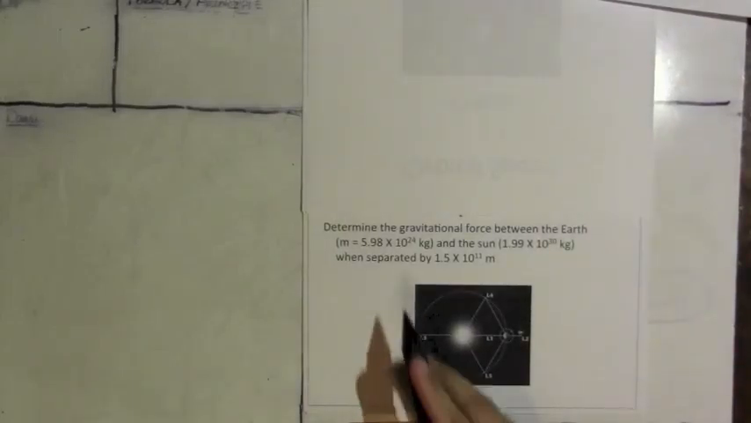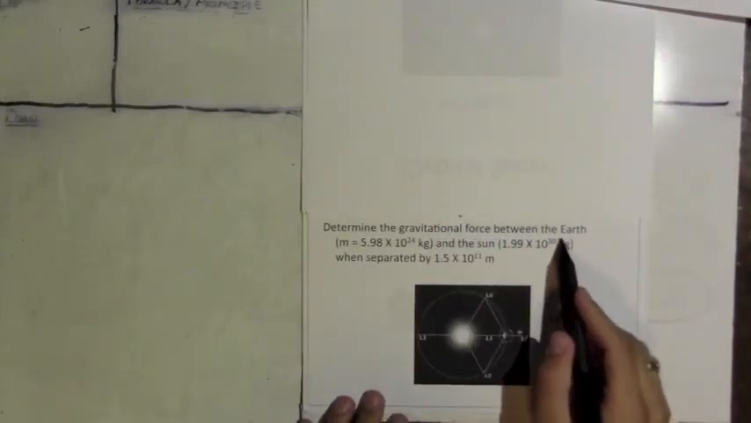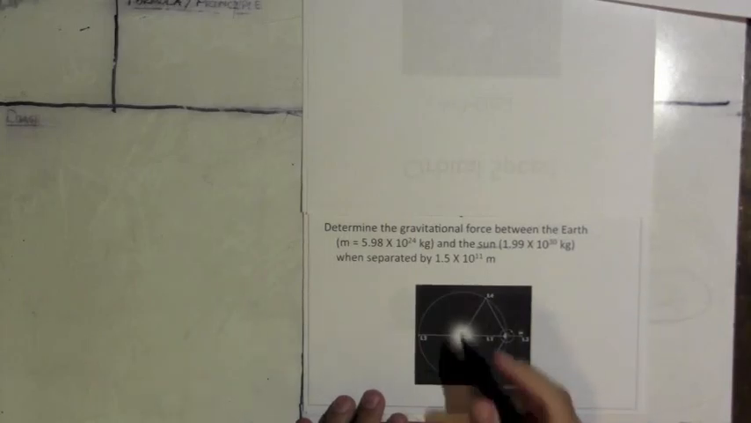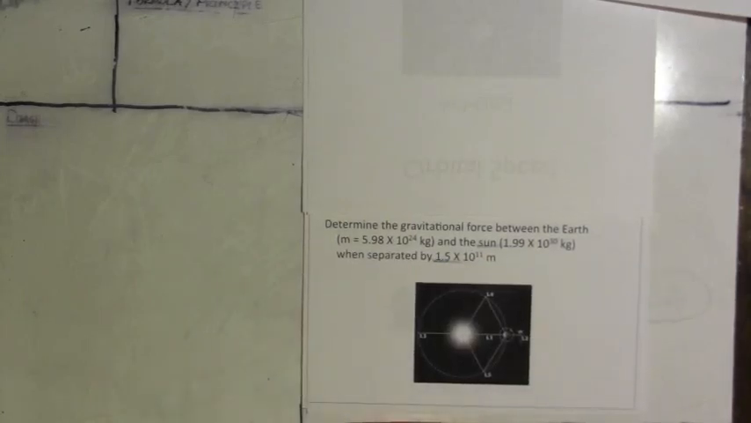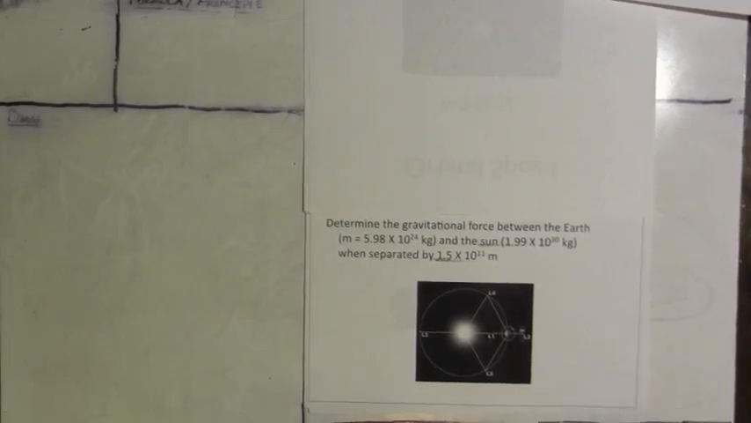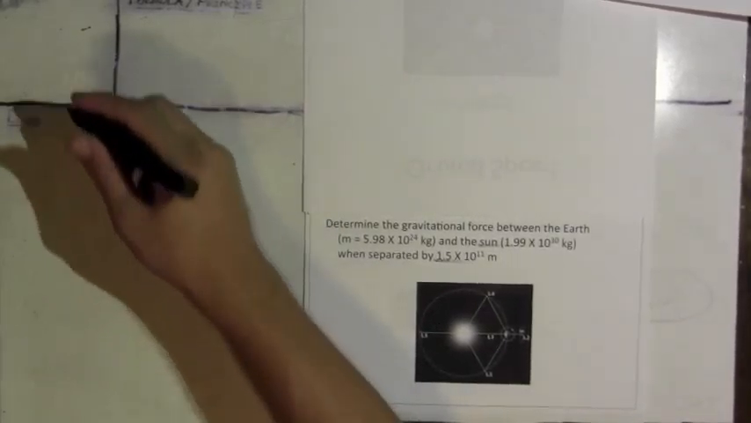All right, this example says determine the gravitational force between the Earth and the Sun when separated by 1.5 times 10 to the 11th meters. Now these are the values for the mass of the Earth and the Sun, so we should be able to figure out what the actual gravitational force between the two is. So we are looking for